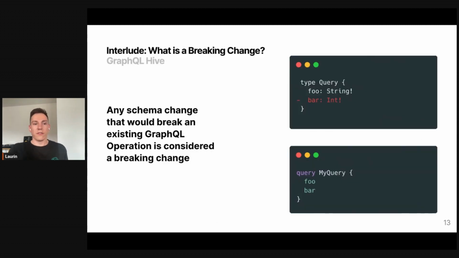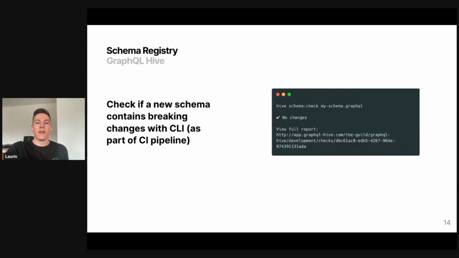Now I need to do a small interlude about what is actually a breaking change. A breaking change in GraphQL can be defined as any change to a schema that would break existing GraphQL operations that are executed. In this example, if we remove the bar field from the query type, all the query operations that use the bar field would break. And that is what we want to prevent. So what we can do now is